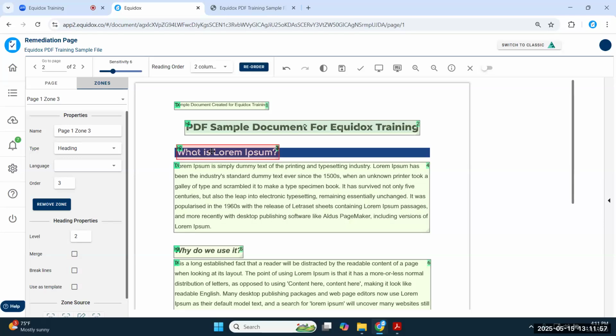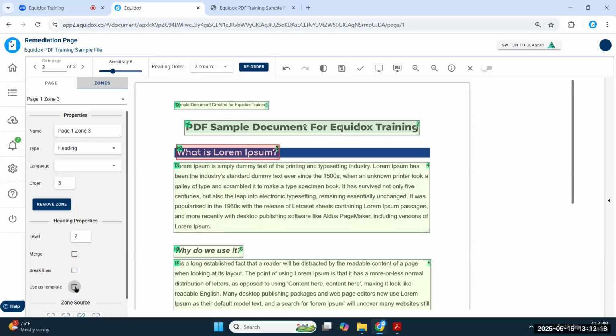So in certain instances, you still have to be aware of your headings and set them in a more logical way throughout the document, step by step, page by page. But if you have some sort of report template that is very consistently formatted, you can set up a heading template. So that's one less thing you have to worry about as you're going through the document.